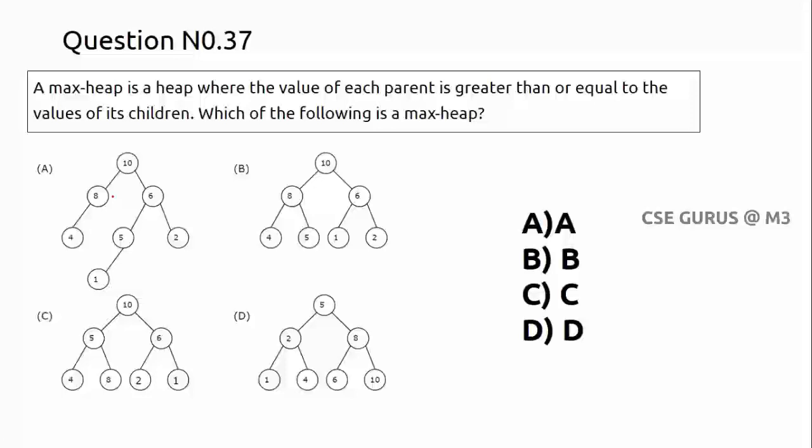If you see this one, every element is following the heap property, and you feel that this is the correct answer. But once you insert here, you have to come here, then here, then here, then here, and after coming to this, you have to go for one more here, right? So it should not be empty. Here it is empty, which is not following the heap property. This must also be checked. Not only should the descendants be less, it has to follow first the heap property, and only then the max heap property. So this is not following here.